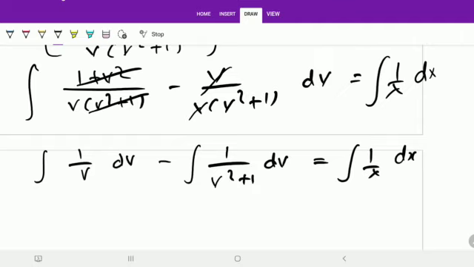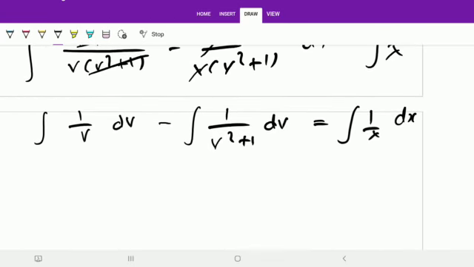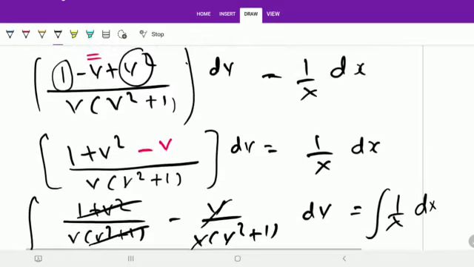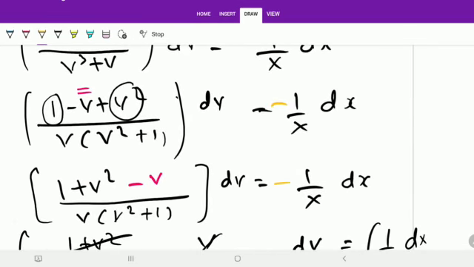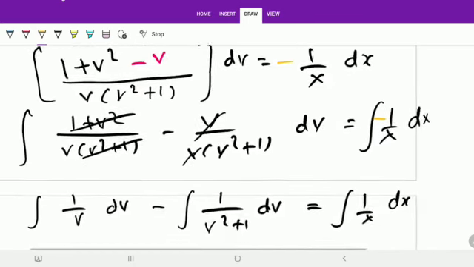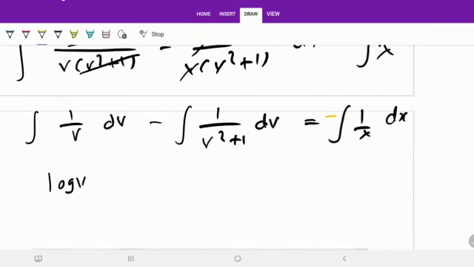Okay, integration will not be very difficult for you. Now, do you know what is the integration of 1 by v and what is the integration of 1 by v square plus 1? Just quickly think, do you know these formulas very nicely or not? These formulas are basic formulas which you are supposed to know very nicely. So the integration of 1 by v is log mod v, and there is a sign which I need to take care of. This minus sign I need to take care of. So this minus sign is here. One plus-minus mistake, and the answer will come wrong. So I just need to be careful.